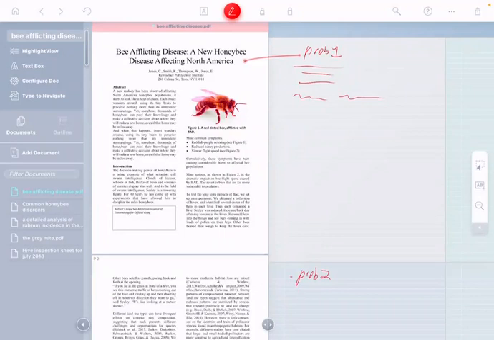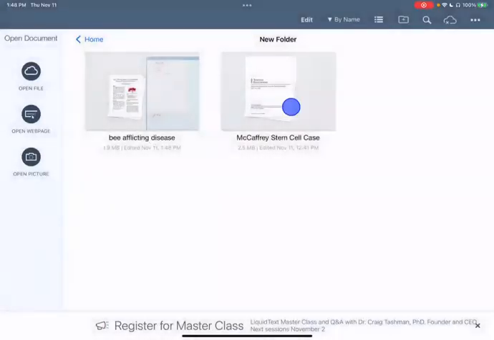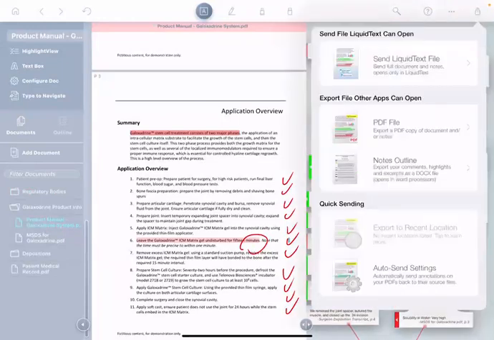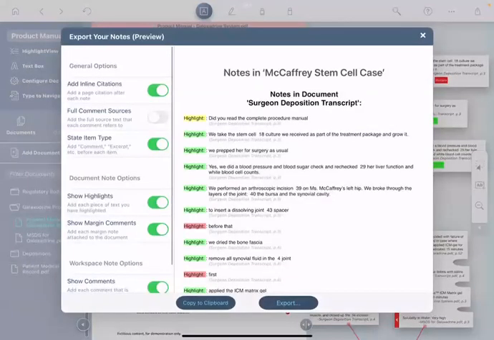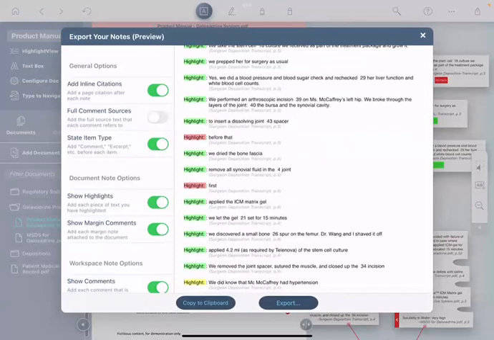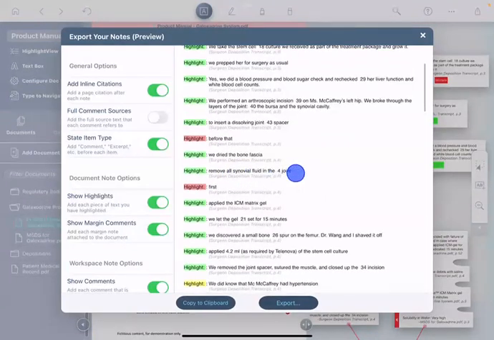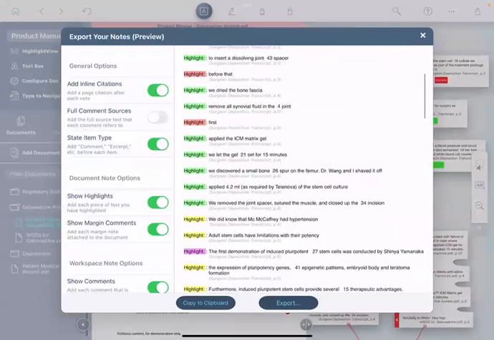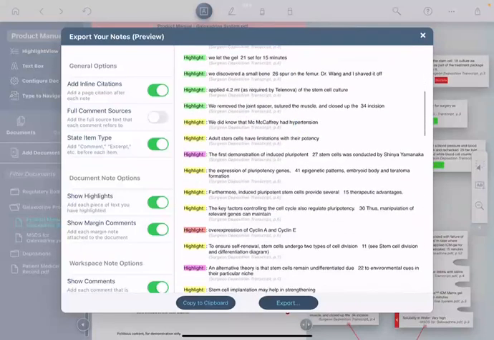Tanya asks, are the full references included with each tag? Put another way, would the complete reference come up with the citation? I'm not sure I understand exactly, but if we go, for example, to a different project here, because this one's boring. Let's go back to this one. So if we go here and we go to notes outline, you'll see that at the bottom of each element, of each highlight, for example, it does actually list the reference and the page. So if that's what you mean, then yes.